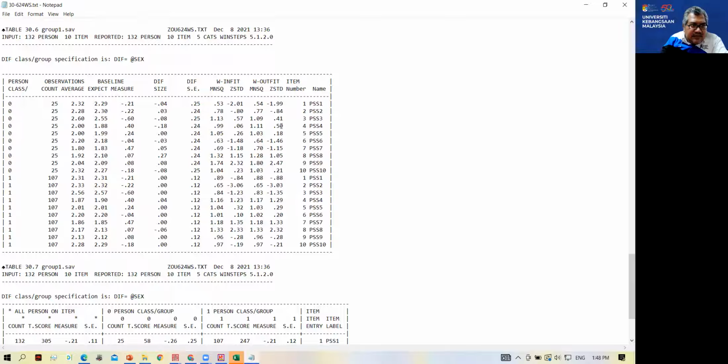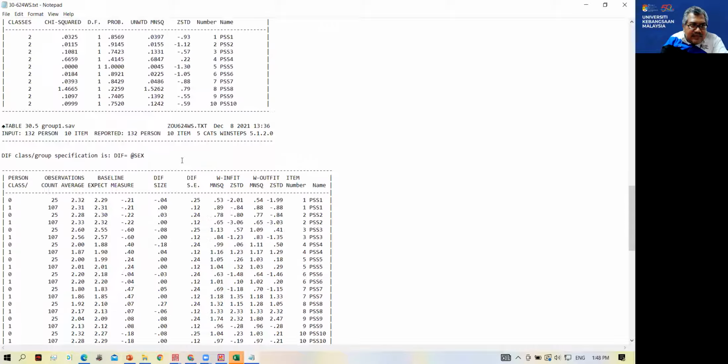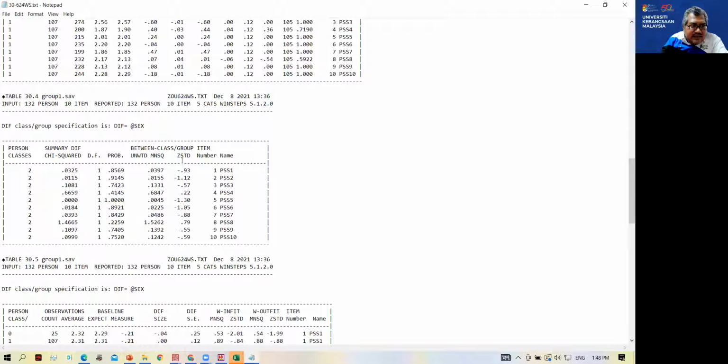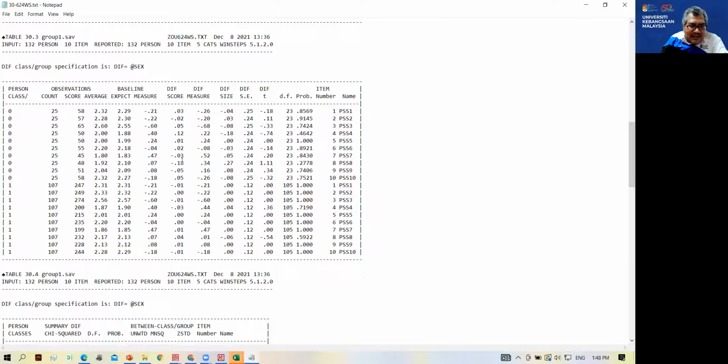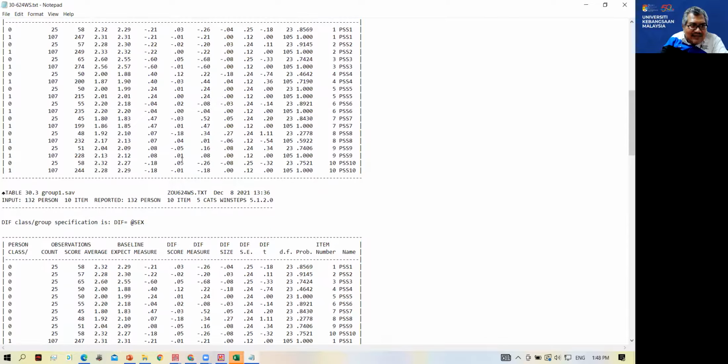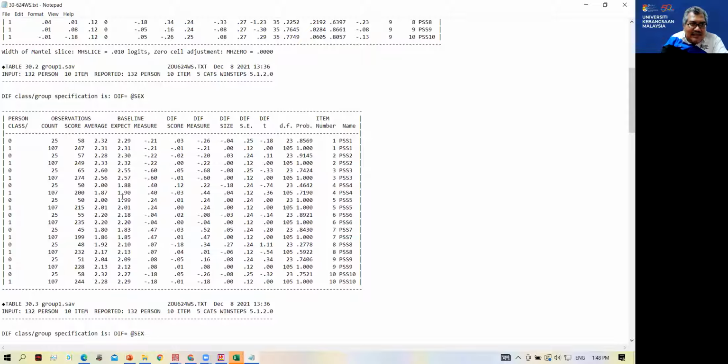I cannot seem to find the t-test results. Where is the t-test? Okay, here it is. This shows which one is significant and which one is not significant.